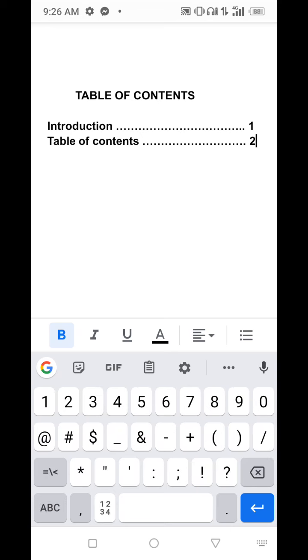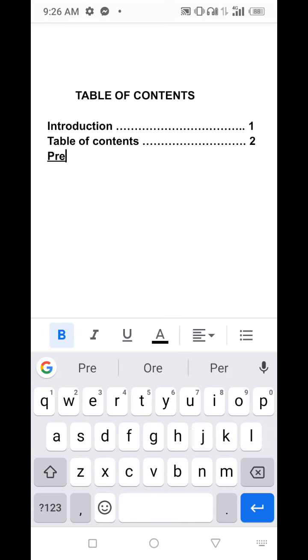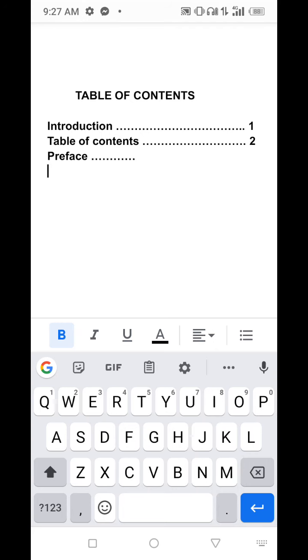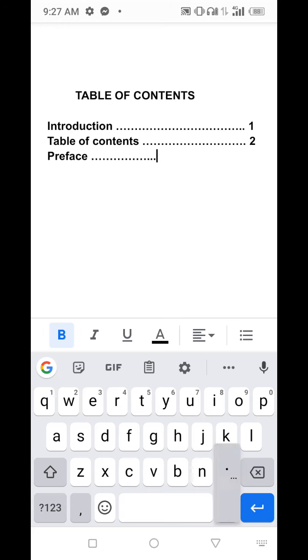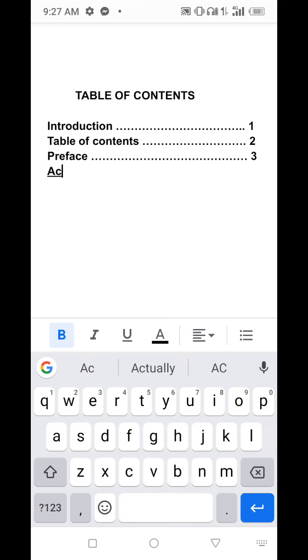So let's assume this is true. Then maybe the next thing after the table of contents may be your preface. You just put the lines as well, just to make it look beautiful and unique. Then here you may want to